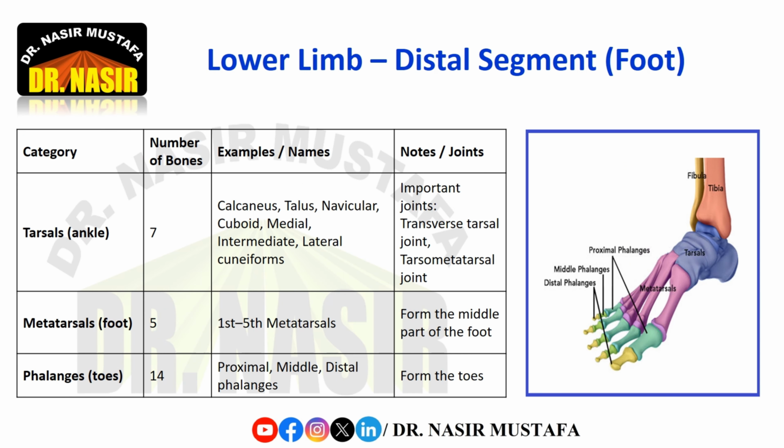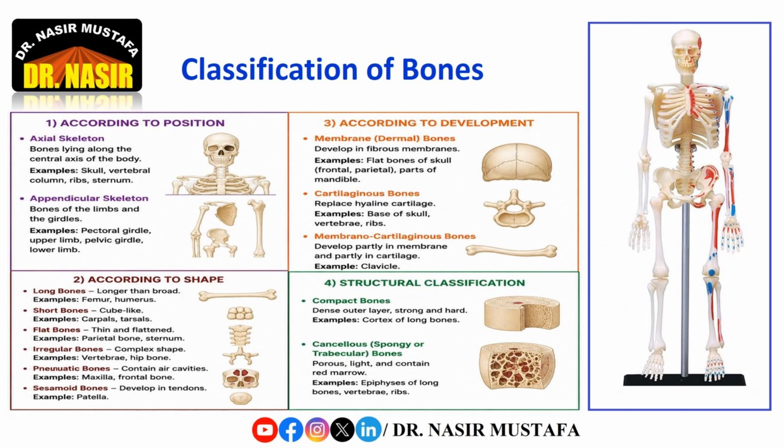The ankle contains 7 tarsal bones, including the calcaneus, talus, navicular, cuboid, and the 3 cuneiform bones. The middle part of the foot is formed by 5 metatarsal bones. The toes contain 14 phalanges. Several important joints, including the transverse tarsal joint and the tarsal-metatarsal joints, contribute to flexibility and stability required for normal